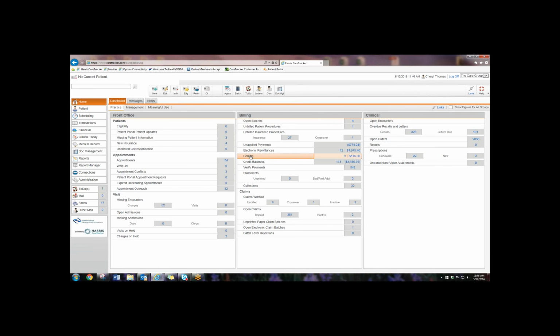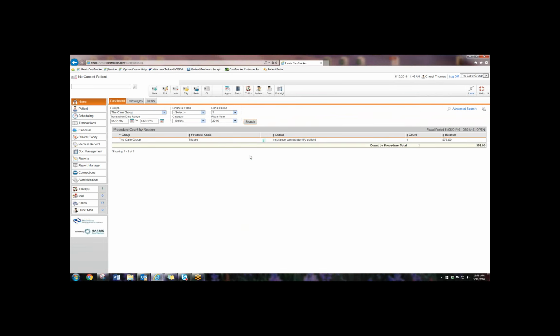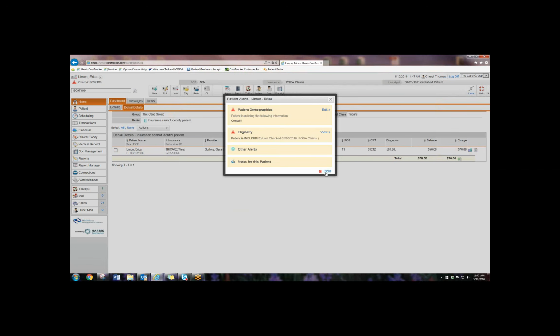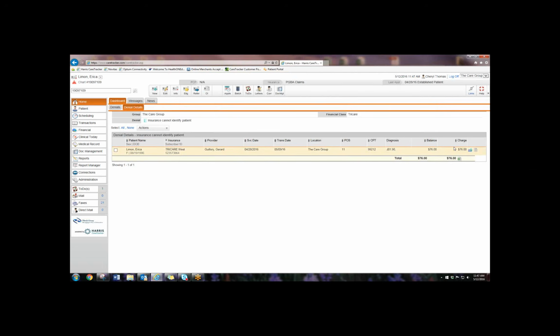So when you want to work denials, now you will eventually get an EOB, but maybe in here you can see some trends, like let's say TRICARE is denying a lot of claims for the same reason. So you'll see the count of how many have been denied for which reason. Right here it gives you the reason of the denial, but if you click into that, you actually will see the patient, detail, data service, etc. And then from there you can,